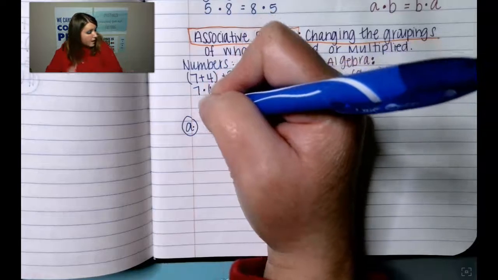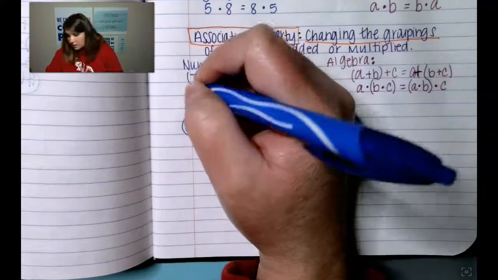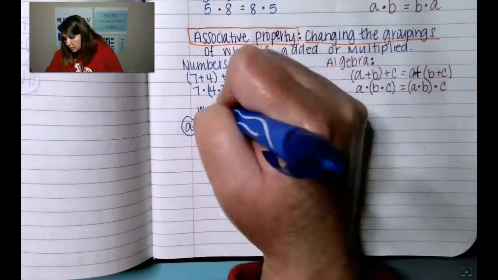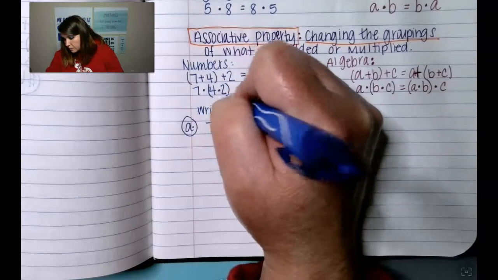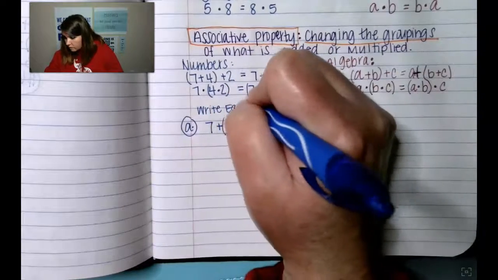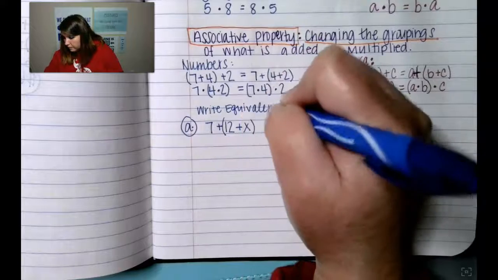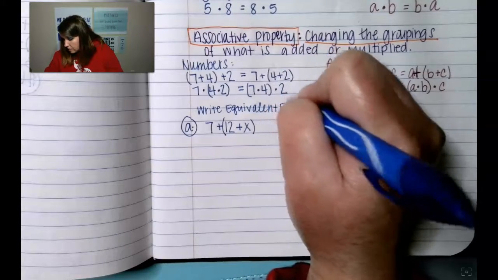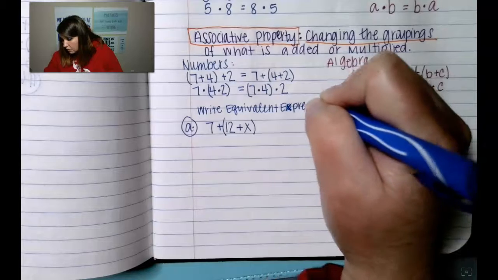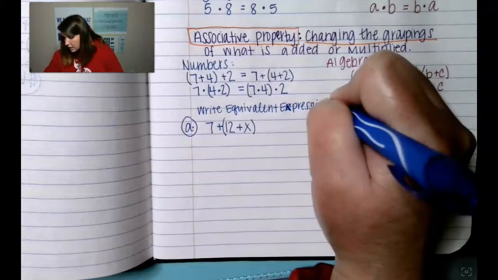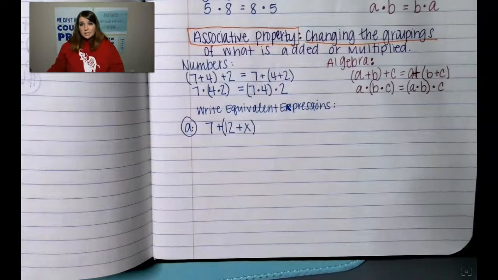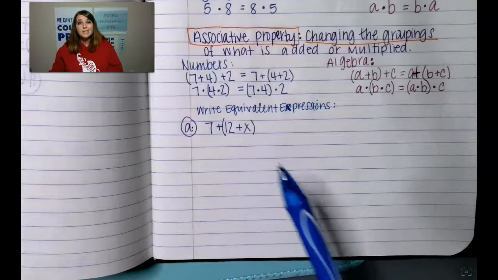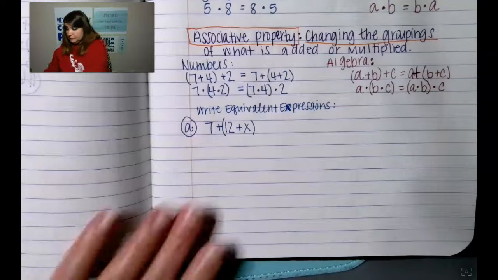It says to write equivalent expressions. All right, I'm writing equivalent expressions. So 7 plus 12 plus X is the same as,